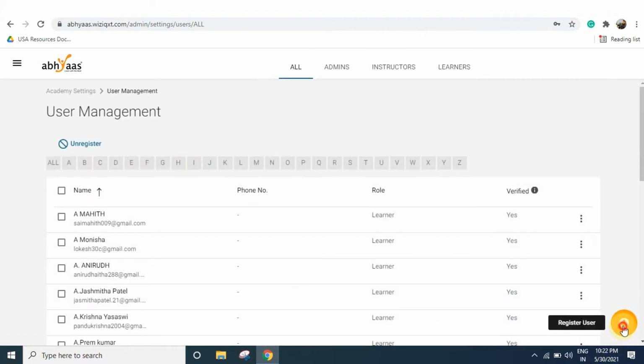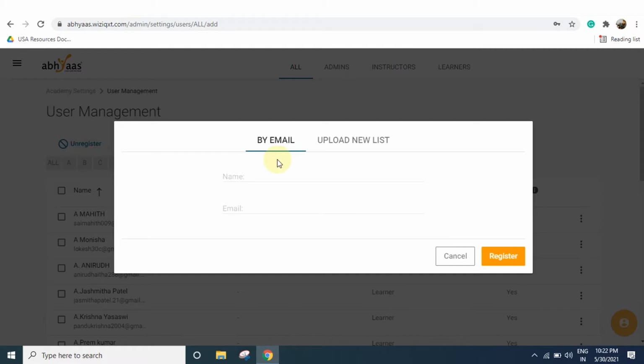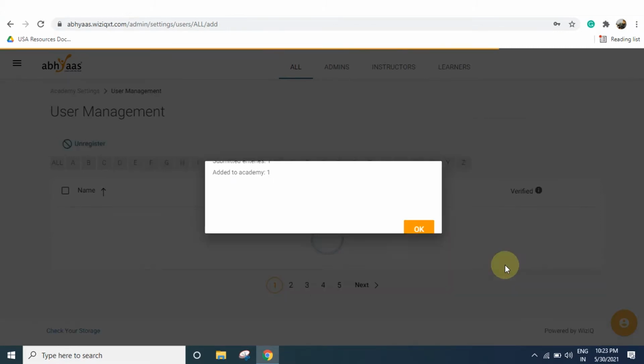I'm entering the student name, and entering the student's email address. I just simply clicked on register.